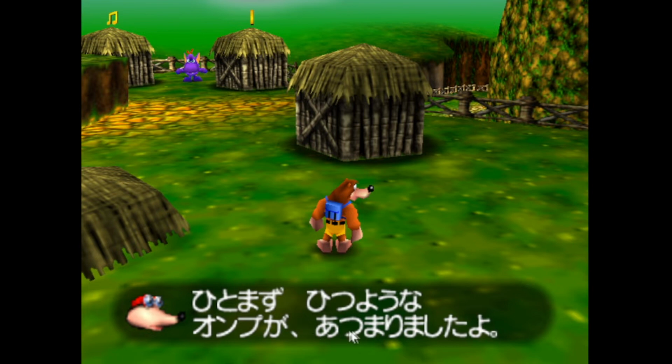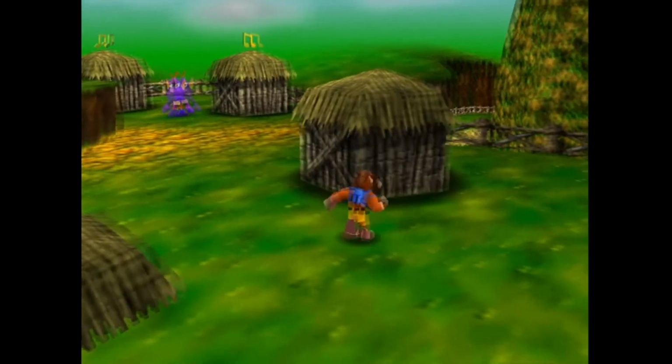So atsumaru is sort of like they have been gathered. And for some reason, that is quite natural in Japanese rather than atsumeru in this case. He could have said hitsuyo na onpu wo atsumemashita, like you have gathered the required number of notes, but hitsuyo na onpu ga atsumarimashita is like the required number of notes are gathered together. It's sort of kind of passive in a weird way, but yeah, it works.